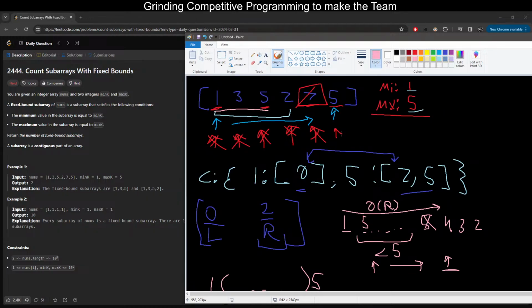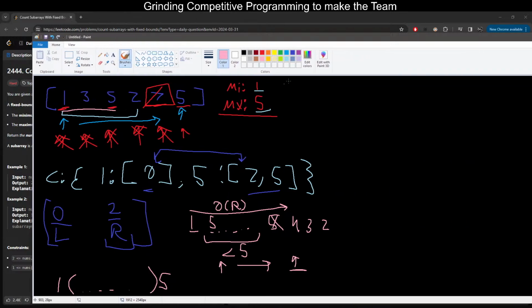I could make another array. I don't know if this is necessary, but it's an idea, just in case. I can have another array called the max array, and in here I can store the max. So the current max at this index is 1. The current max at this index is now 3. The current max at this index is 5, and then 5, and then we hit 7, and after that it keeps going. But this doesn't really work